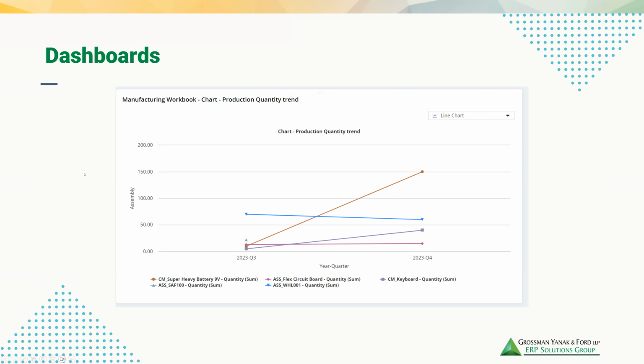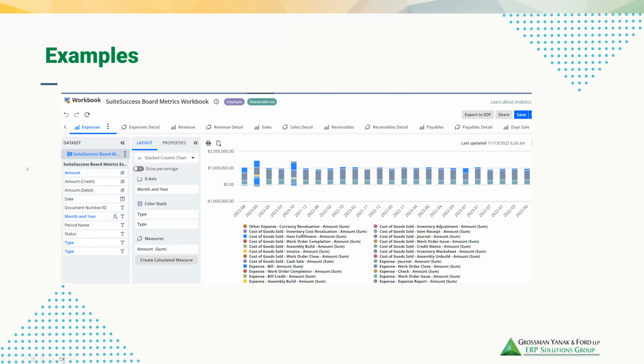So going into a couple quick examples, just to give you guys again some practical knowledge to tie this down. This is an example of the board metrics workbook. A lot of you might be familiar with the board metrics dashboard portlet, but there's now a Suite Success board metrics workbook, which you can see across the top. There's all these different options. We have expenses, detail, revenue detail, sales detail, receivables, all this information came in this pre-canned workbook,